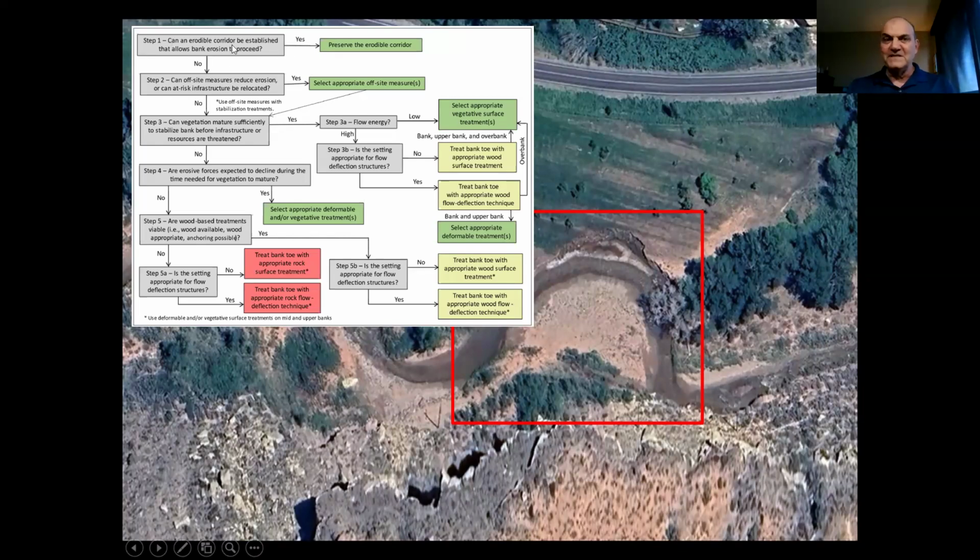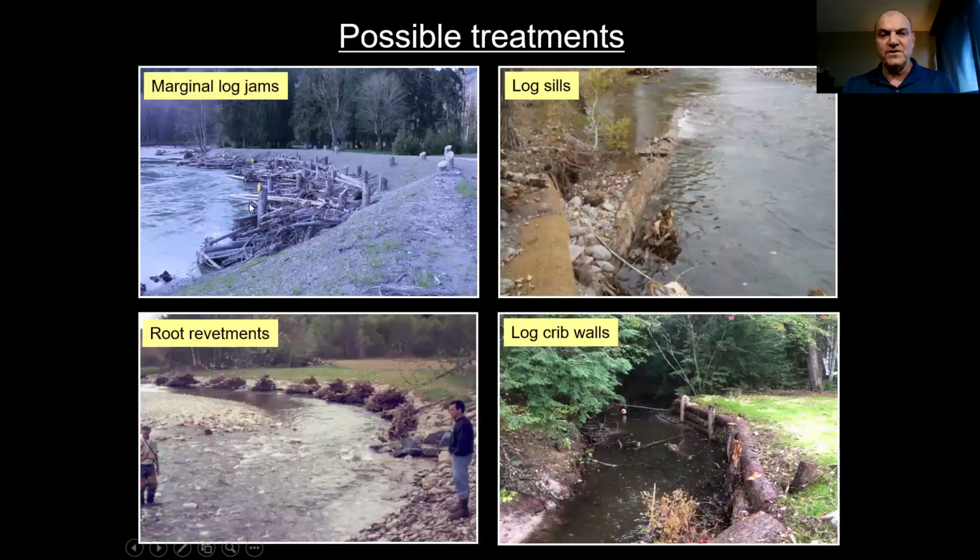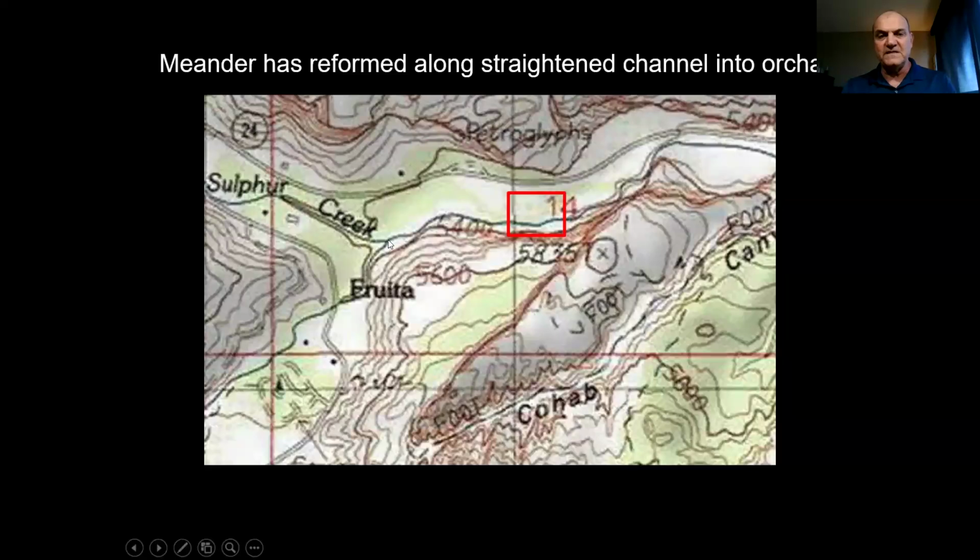So here, maybe you're stopping at step one, but let's look further in the chart here. Are there offsite measures that can be taken? See upstream of where this erosion is occurring, we have the Sulphur Creek tributary coming in. Again, I'm not familiar with this area, but what immediately comes to my mind is a lot of this erosion